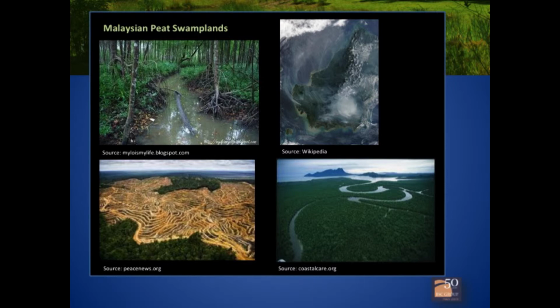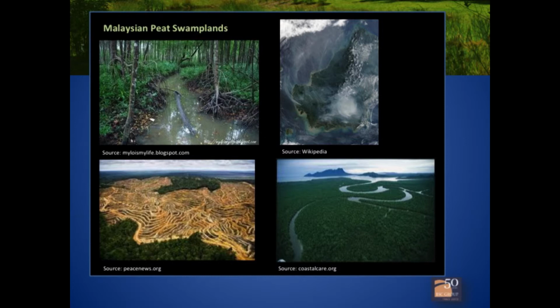These are some tropical peatlands. Two of the pictures are healthy, naturally functioning tropical swamplands. The one on the lower left is showing what's happening in much of Southeast Asia, particularly Malaysia, where logging and conversion of these peatlands to palm oil plantations is occurring at a tremendous rate. And the upper right one shows fires burning, which is happening a lot, just taking that carbon that's in the biomass and in the soil and converting it to carbon in the atmosphere.